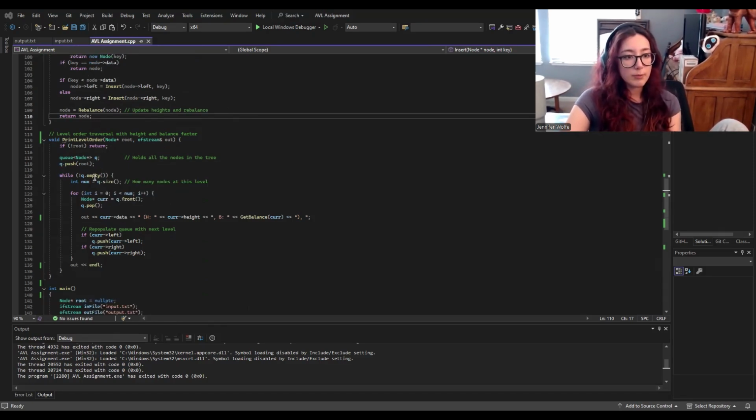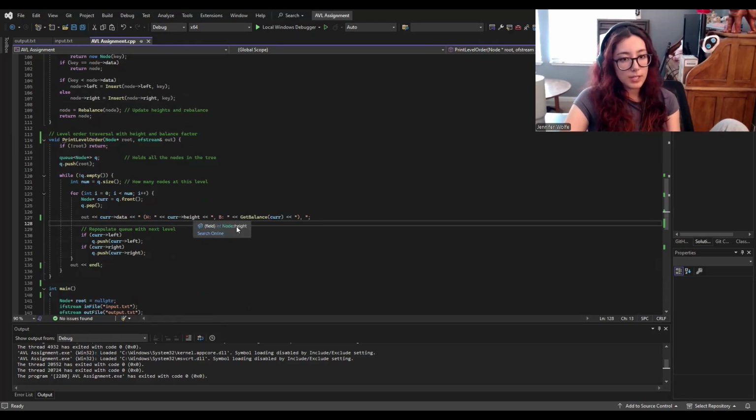And this loop is going to repeat until the queue is empty. First, it's going to find the queue size, which is going to be the size of the current level that it's on. And then the for loop can execute that many number of times. And while that loop executes, it's going to keep track of the current node at the front of the queue, and then it's going to pop the queue one at a time each time it goes through the loop. And it's going to display the data of that node that was popped, and also its height and its balance. And then while it's on that current node, it's going to add the left and right child of the current node to the queue